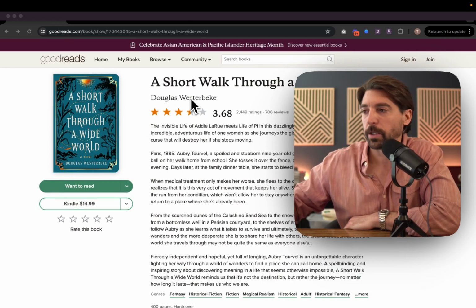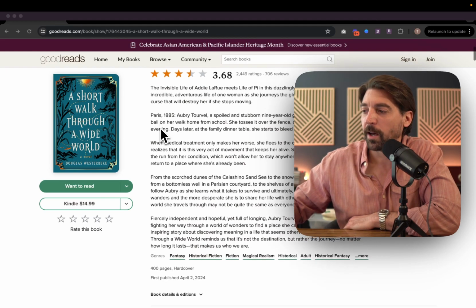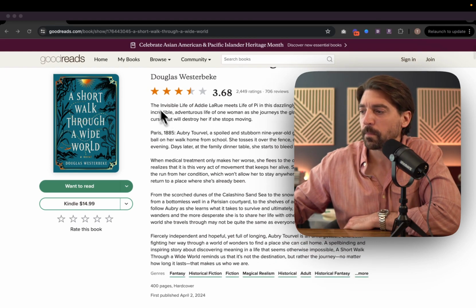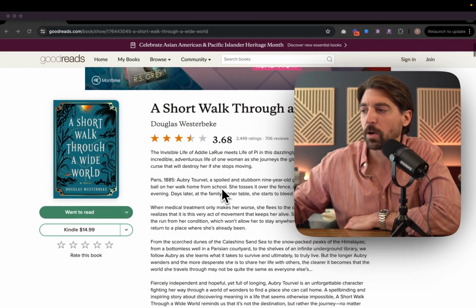rendered, I'm using Goodreads as an example. If I go to Goodreads, this data, the title, the author, the average review, the number of reviews, the number of ratings, the cover of the book, and then this synopsis, genre, all of these things are individual